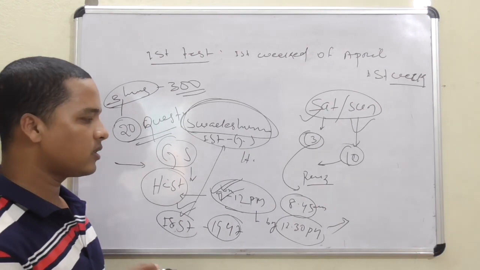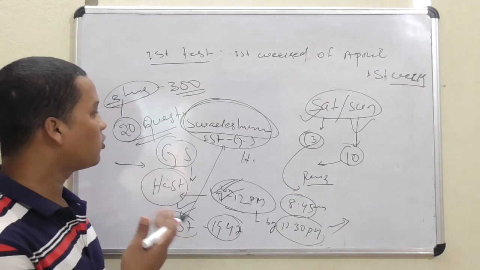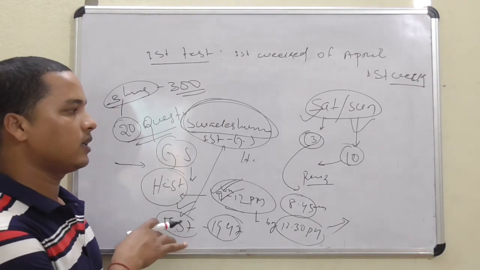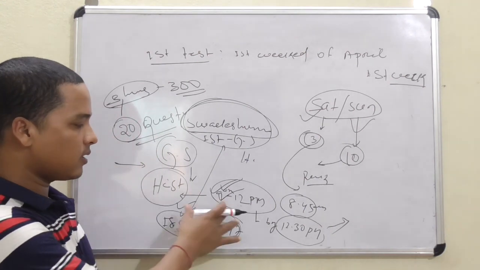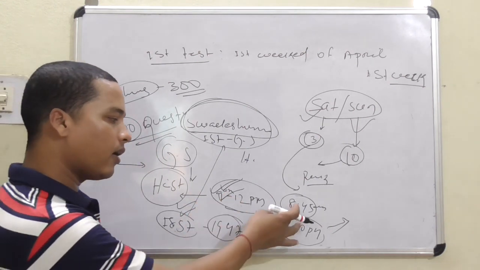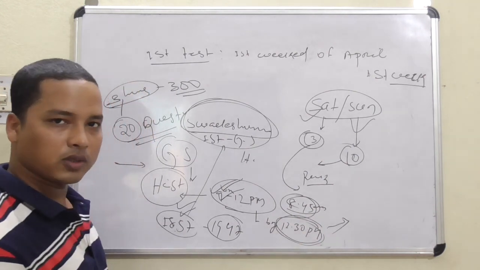So this is what we will put up: where the questions are from, how many marks, 300, duration 3 hours, the time, when the questions will be available, and by what time you have to upload. That is also given.